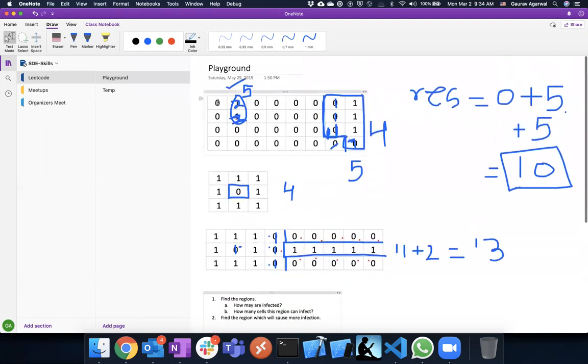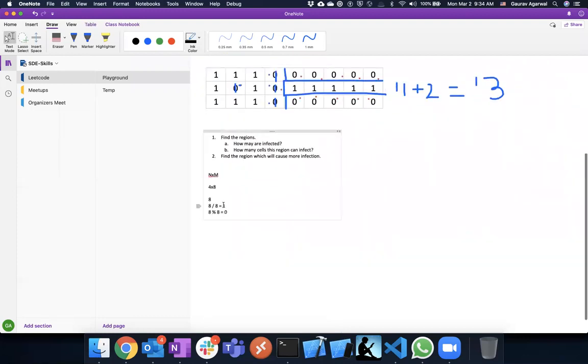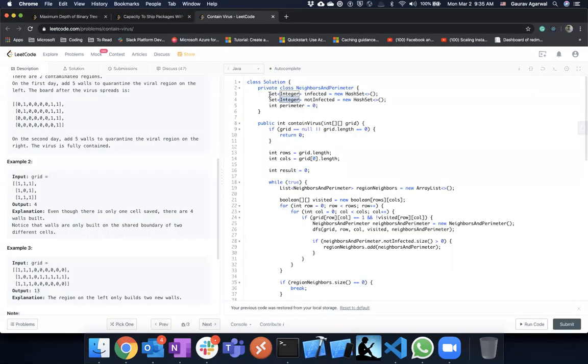Now why 1, 0? Start with 0 1 2 3 4 5 6 7 8. So we reach here, this is the one that we want. I just took a random example. So this is our row and this is our column. Essentially this set, instead of a pair, I can also use a list of pairs. The set is only created to dedupe the elements, nothing more than that.